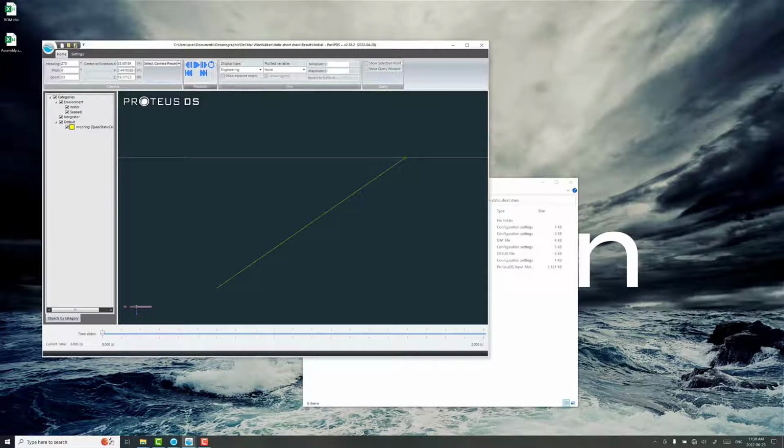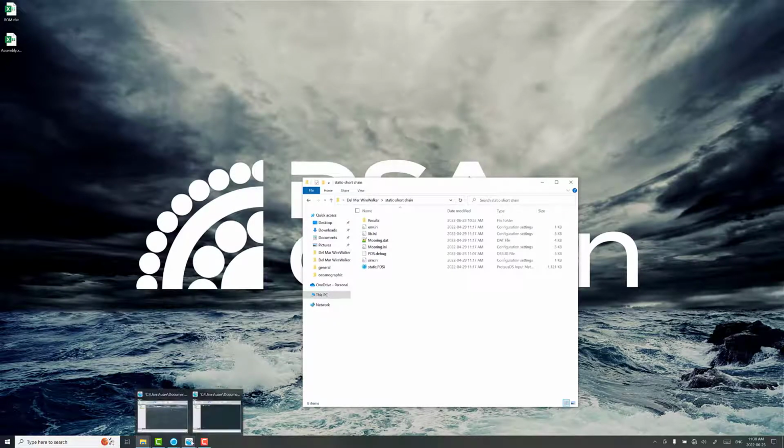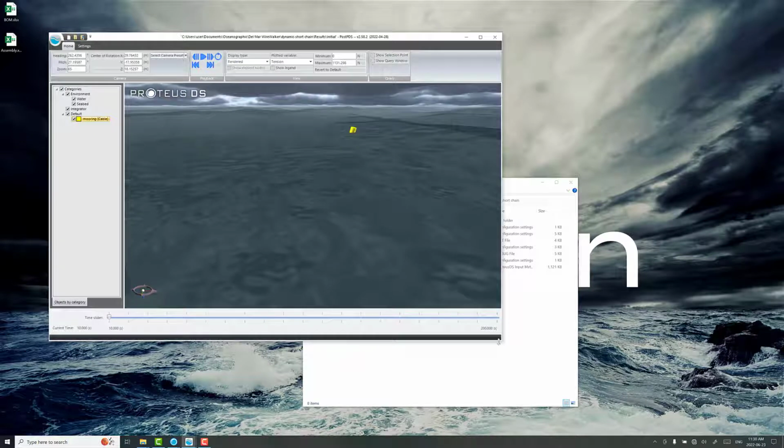In this case, we've set a current profile. It's a linear shear current profile, and the static mooring deflection is resolved and useful for a rapid initial design of the mooring. In this profiler, we've got a down weight and then some midwater floats to show what's going to happen there. And of course, especially with surface moorings, it's really interesting to see what's going to happen when there's lots